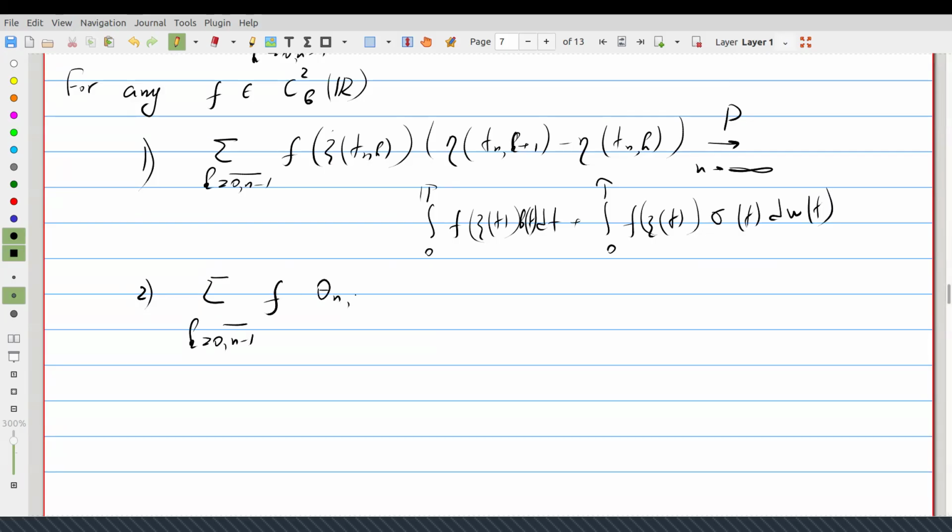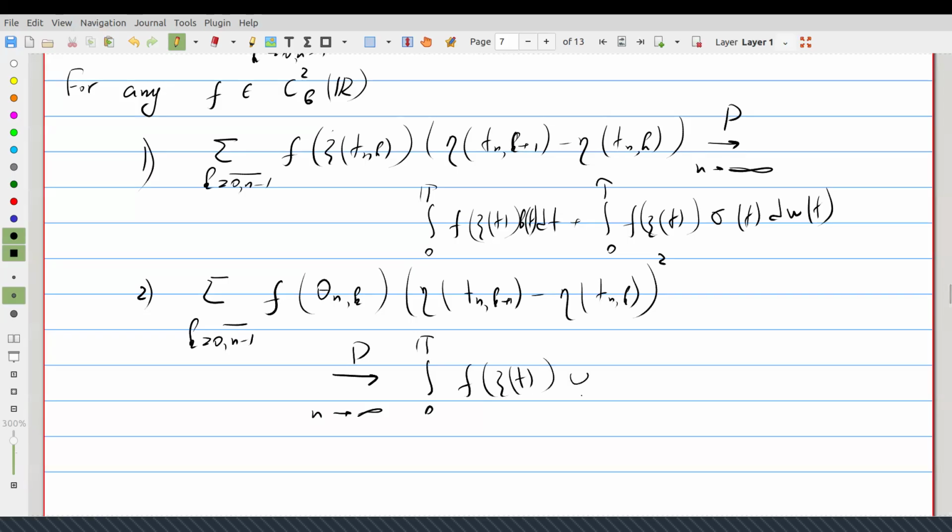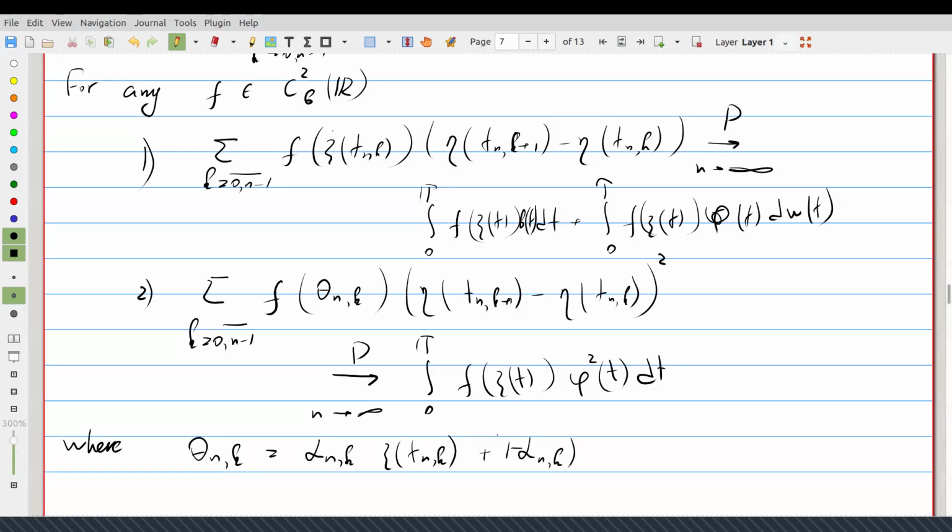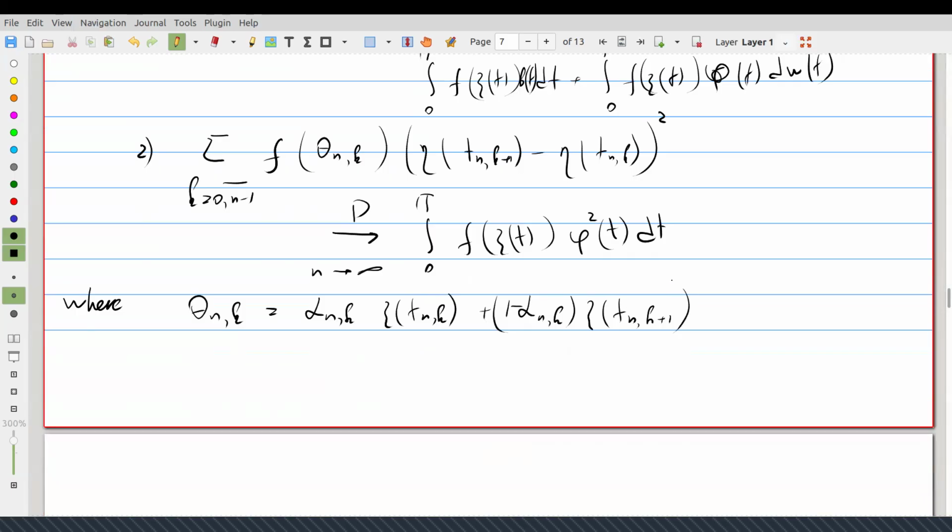The sum of phi of theta_nk times (eta(t_{n,k+1}) minus eta(t_nk)) squared is converging in probability when n goes to infinity to the integral from 0 to t of f psi of t, phi squared of t dt, where theta_nk is a linear combination of values of psi at two endpoints of this interval of our partition, for some alpha_nk, such that